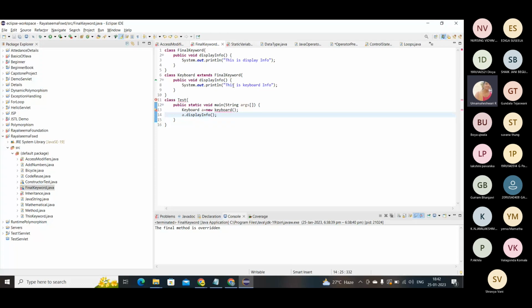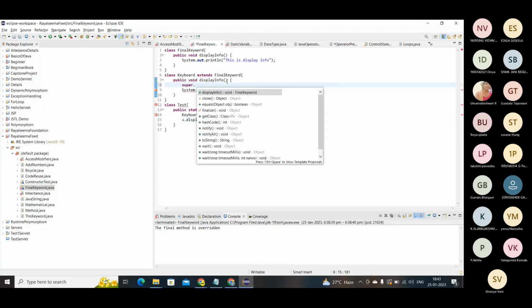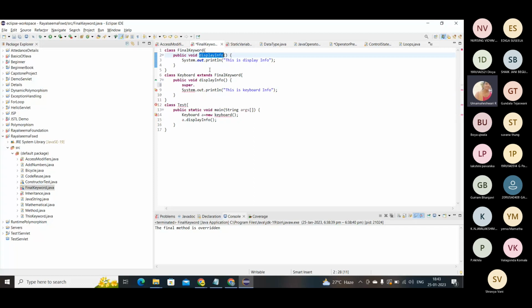So what happened here is the method got repeated, right? So you need to give a super keyword. So super.displayInfo(); you need to mention that within this subclass, displayInfo();